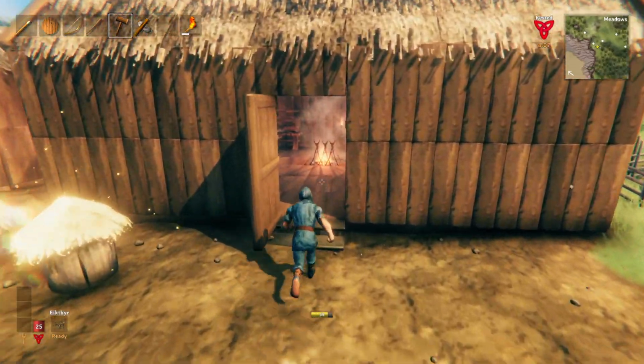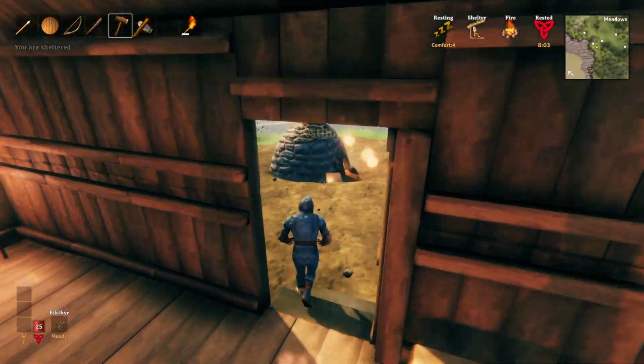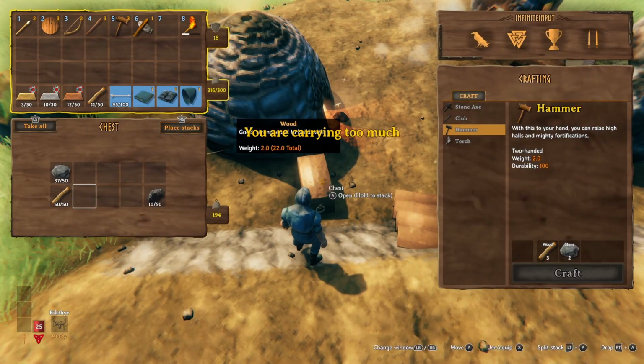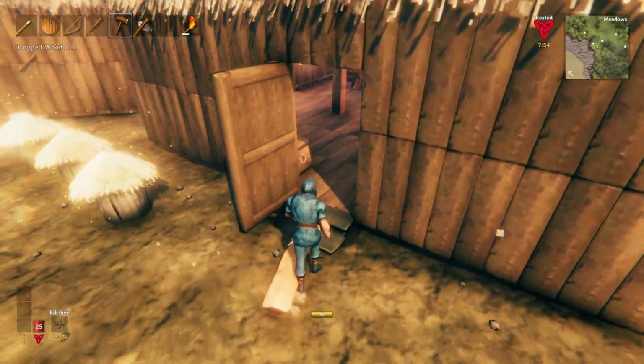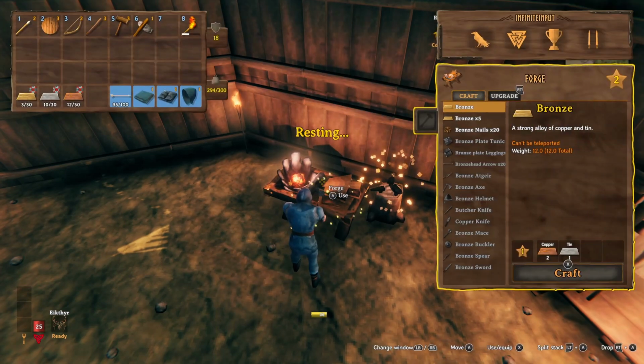Okay, so I think we've got enough bronze now, at least with the copper and tin, and when we turn it into bronze bars. I think we've got enough to make the axe. Obviously, we're going to need a bit of wood for it as well. I believe the axe also needs some leather scraps too, so we'll have to remember to grab those on the way in. We're a bit overweight with the wood, so we're going to have to quickly run to the forge,